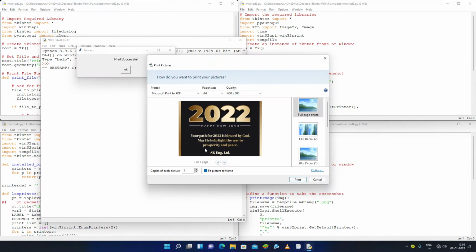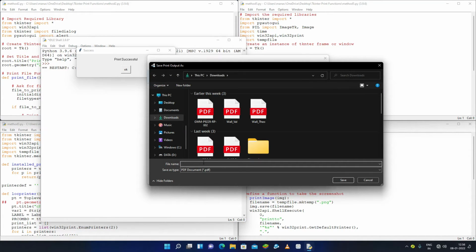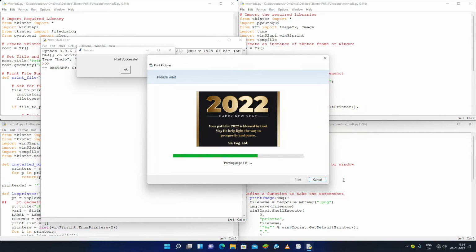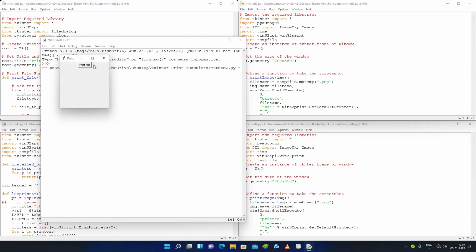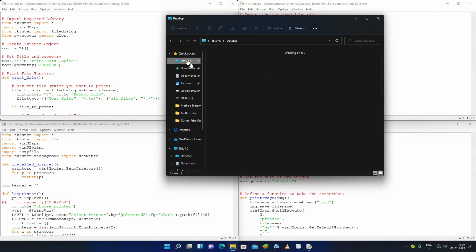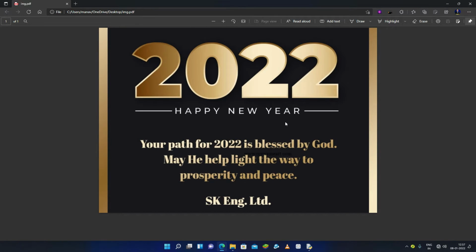So I'll open it and it is printing. It has opened like this and it is asking for printing, so I can print it. It is printing to my default printer, so it is converting into the PDF. Let me convert into PDF and name it as IMG. So it is printed and it has given the message print successful. Now I can close it, and let me show you whether it is converted clearly or not. So this is the image. Now let me show you. So guys, it is converted.